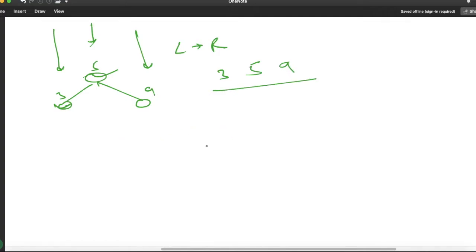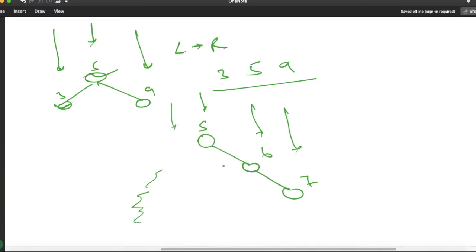Suppose we have a binary tree with three nodes, all on the right side, having values 5, 6 and 7. Now when we see this tree from the top, the right side nodes will be visible, nothing is on the left side. So we have to move from left to right: 5, 6 and 7.